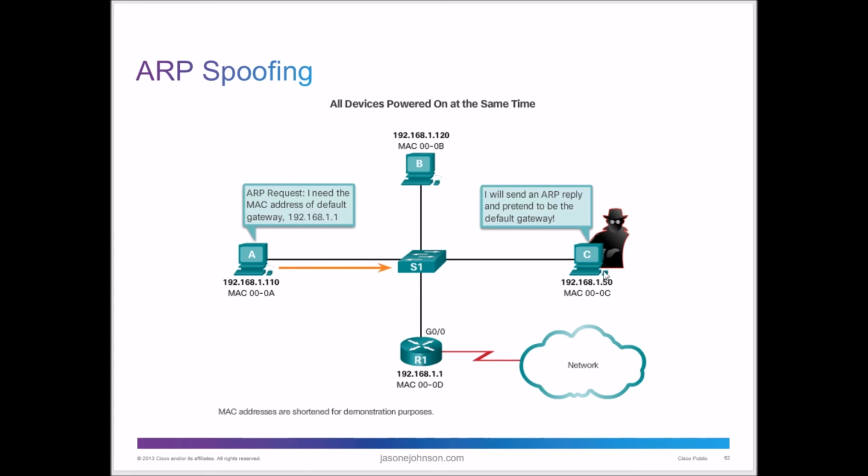You can also have somebody spoofing ARP. Somebody could be running software that says, "I'm going to send an ARP reply out, and I'm going to pretend to be a default gateway." And so now those ARP requests that come back in say, "Oh, wait, this is a default gateway over here, and so is this." So now when I send my request and I can't find where I'm supposed to go, I'm going to send the rest of that packet to this computer here as a default gateway. And then they sniff that traffic, gather it in, and collect it.